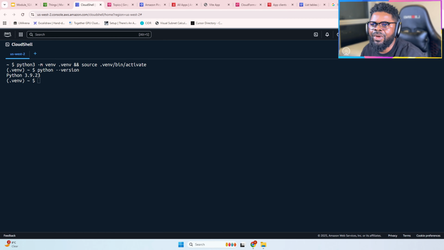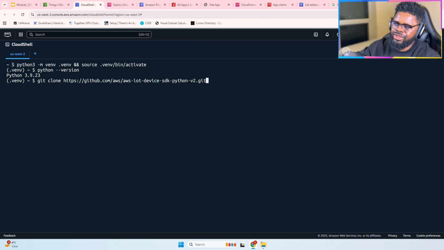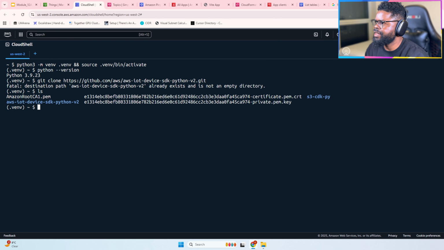So what I'm going to do is a git clone. Online, you can actually see AWS samples, right? You can see this Python SDK that you can use. So I'm going to clone that and see what it looks like. Already exists. It looks like I already have all of these. So I'm just going to do